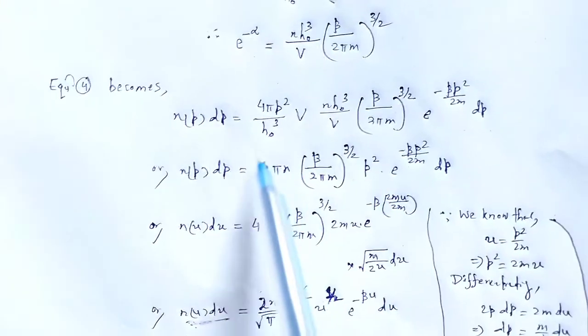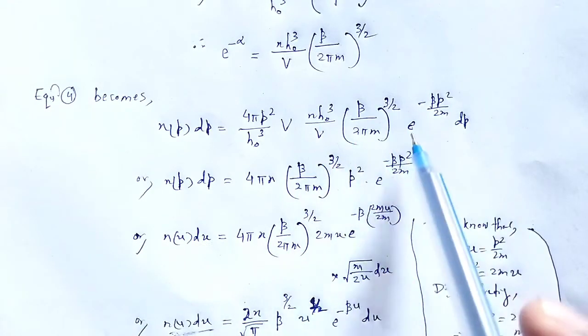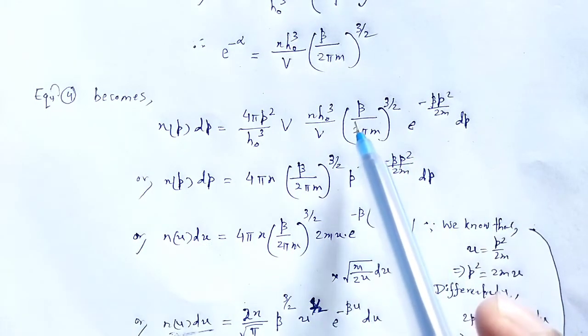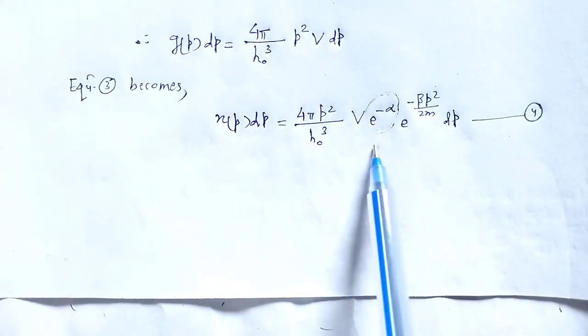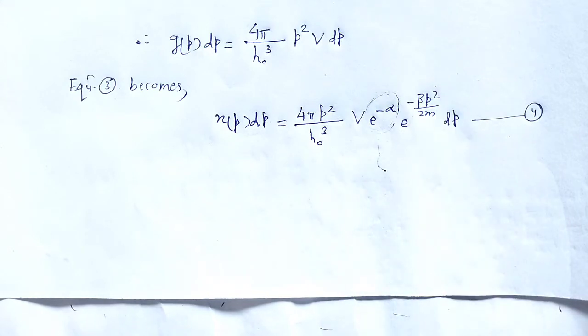When we take the equation as np dp, that value will be this much. Now we substitute the value of beta in that equation. So when we put e to the power minus alpha and the value of beta, that equation changes to,